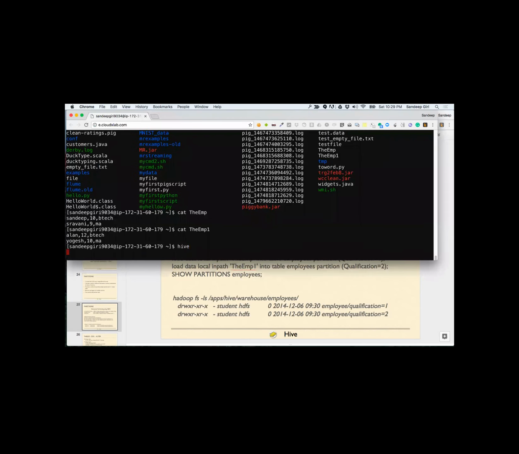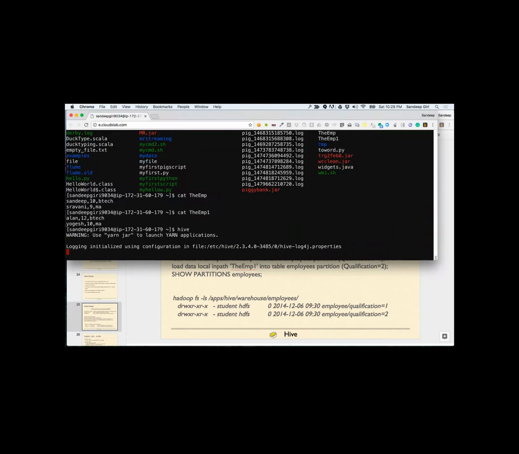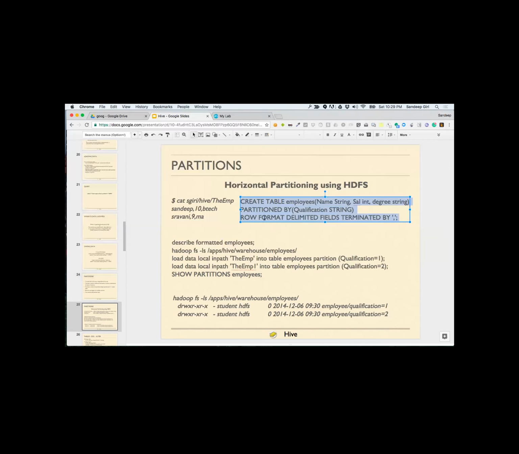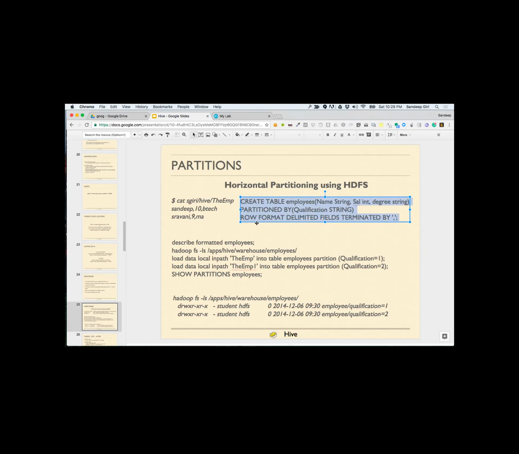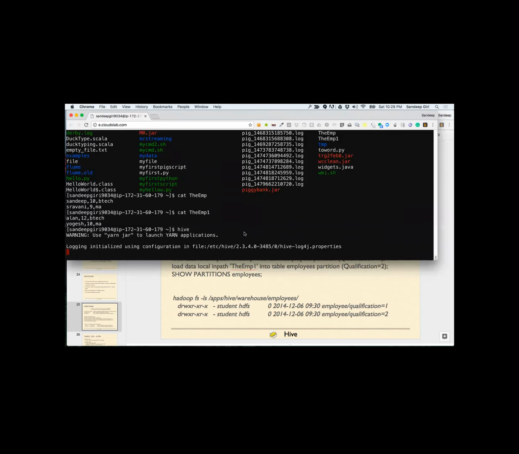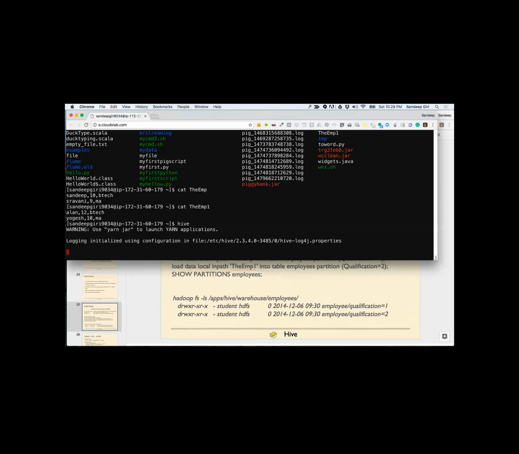Okay. Let me just use this. Okay. So stay focused here. So we are creating this table called employees and then we will load data into that. I'm hoping that I'll get a prompt.